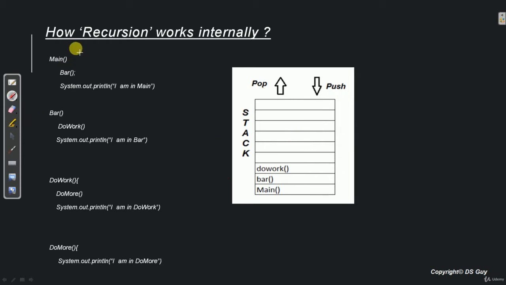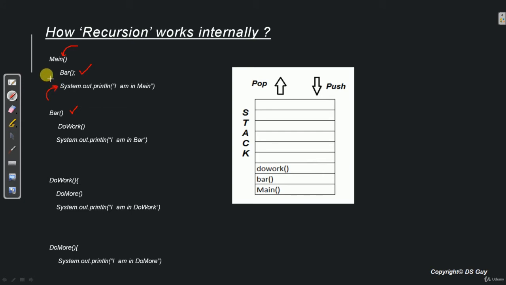So let's say the control starts from main method. So the first statement that we see within the main method is call to a bar method. Now as soon as we see a bar method's call, the control goes to bar method. Now after completing the bar method, it needs to come back to main method to execute this statement over here.